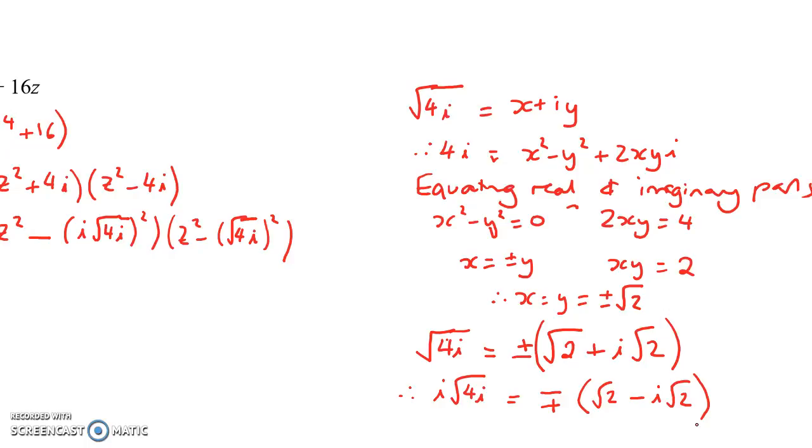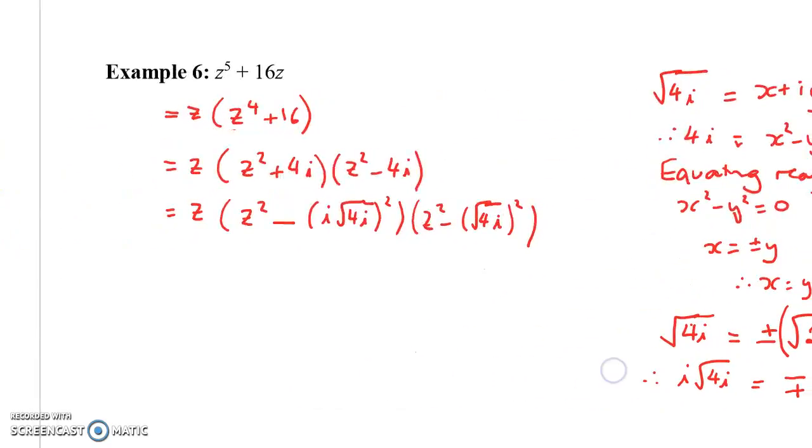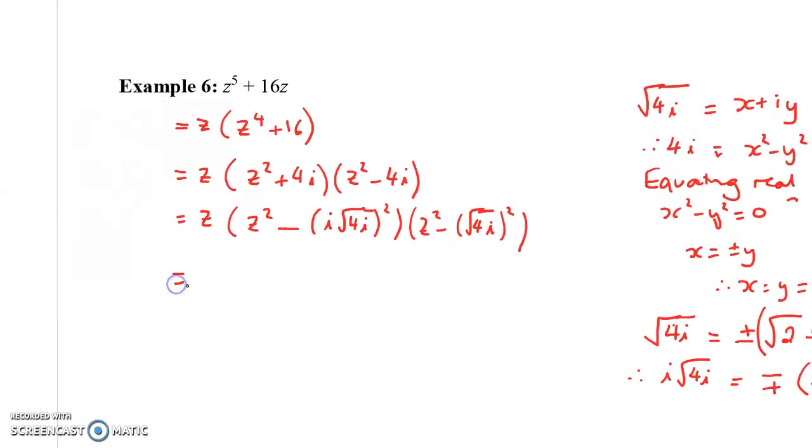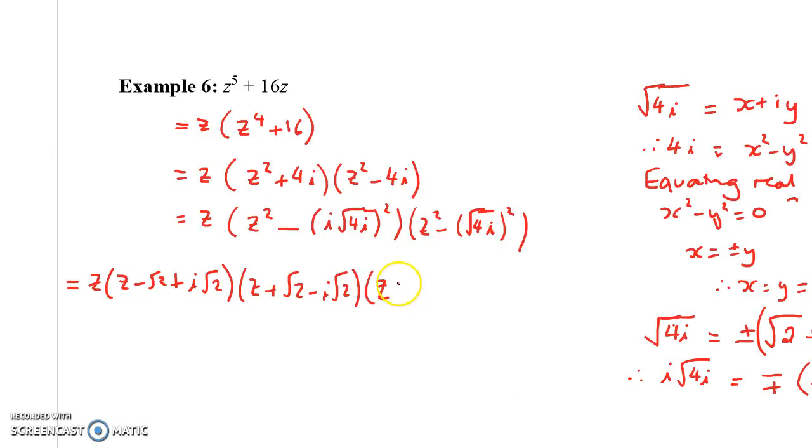Okay. So we're going to use that now to finish off our factorization. So this is equal to z times z minus root 2 plus i root 2 times z plus root 2 minus i root 2 times z plus root 2 plus i root 2 times z minus root 2 minus i root 2. Wow,